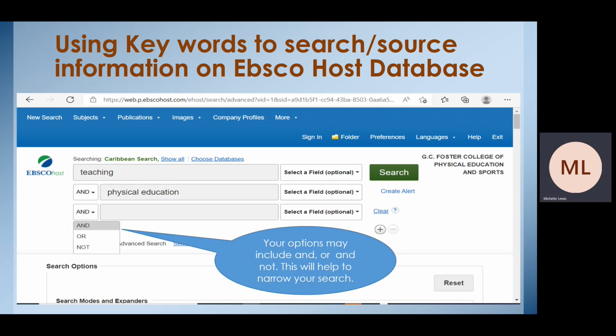So here is an example. For the first search field, I inputted the search term or word teaching. For my second search field, you will notice that I put the word physical education. Now for my third search field,